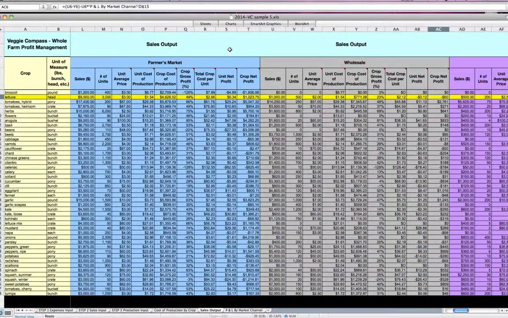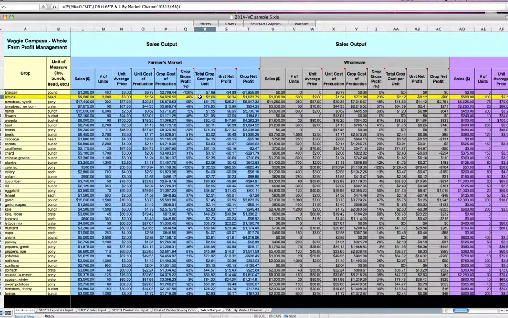And notice how some crops may be profitable in one market channel and not in another. Look at the profit on each head of lettuce we sold at our farmer's market of 34 cents versus each head of lettuce we sold through our wholesale channel of negative 12 cents. You can easily see that in the farmer's market channel, our total crop cost, when considering all marketing channel expenses plus the production, harvest, and pack expense, is